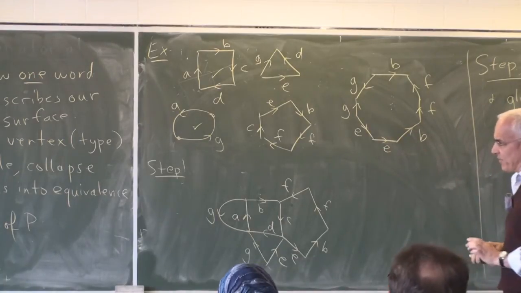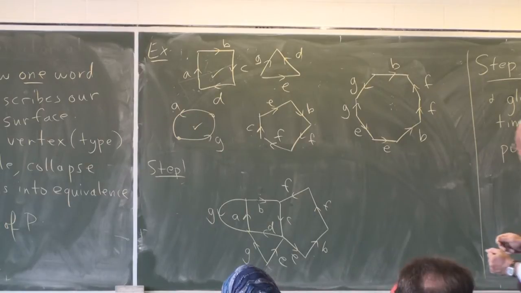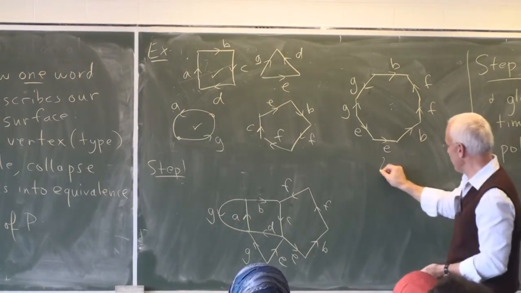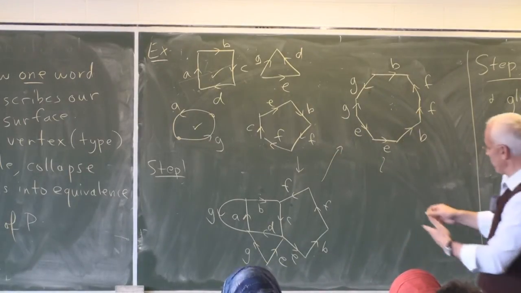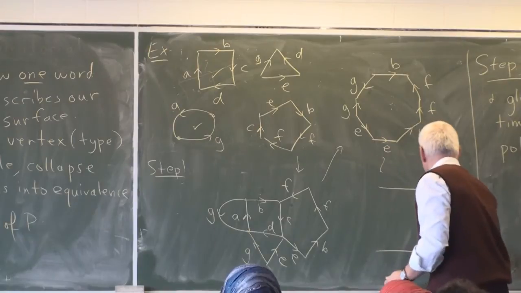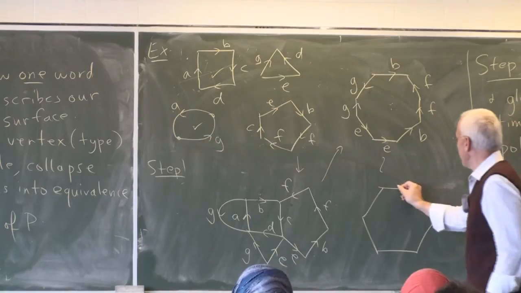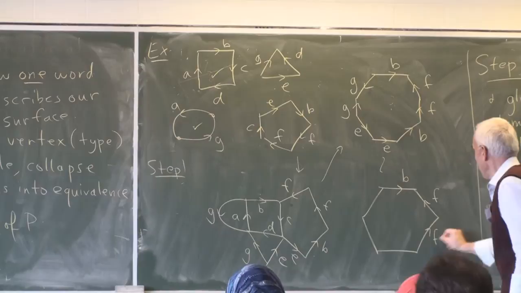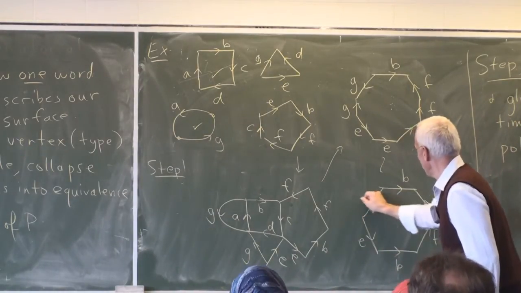Well, the thing we said is that first, whenever possible, we're going to collapse adjacent pairs. Are there any such opposite directed pairs? Yes, here G and G are appearing with opposite things, so we can collapse the G's. So let's do that. So we went from here to here. If we collapse the G's, then we're going to have just a hexagon. There'll be 6 sides. And let's say starting with B, and then F, and then F, and then B, E, and E.